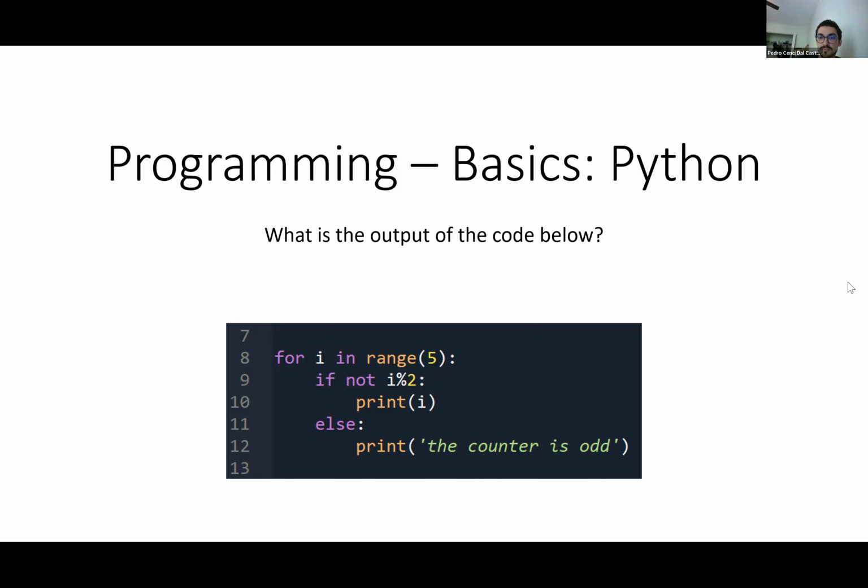Can you guess what result it will be? It just prints all the even numbers. And then if it's not even, it prints the number is odd or the counter is odd. Perfect. Yeah, that's it. So for those who are not familiar with the syntax, for I in range 5,